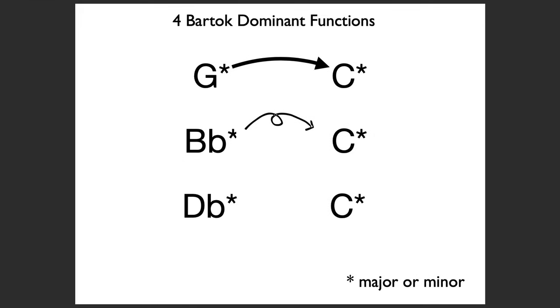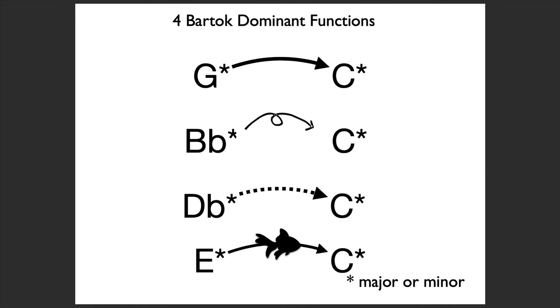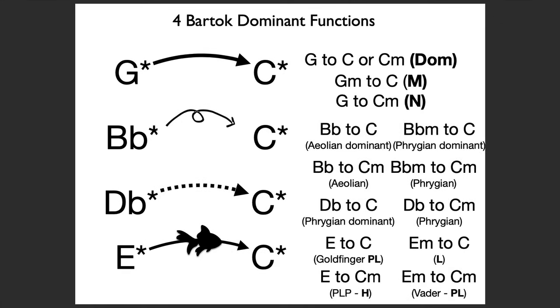We can go down a semitone, major and minor on each side, but we'll give it this, even though it's not strictly the way we use it in jazz harmony analysis. And finally, we need that PL surreal movement down major third. I don't have a symbol for this, so we'll give it a fish. So here they all are with familiar symbols you would get from NRT and modal implications.